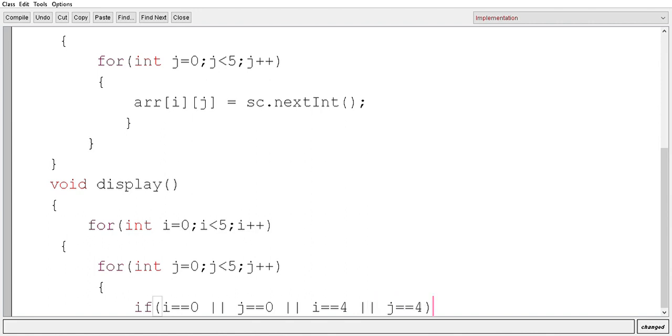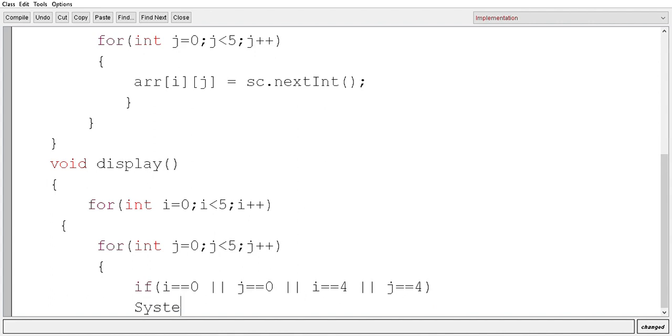Then only it will print System.out.print(arr[i][j]), plus you can give the